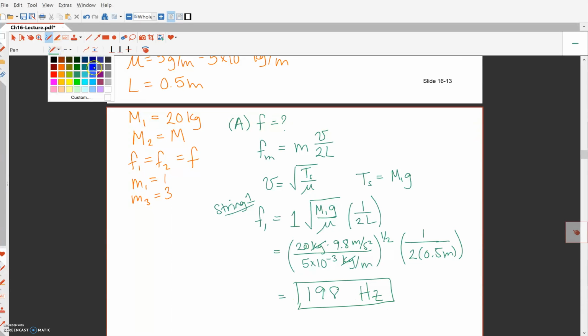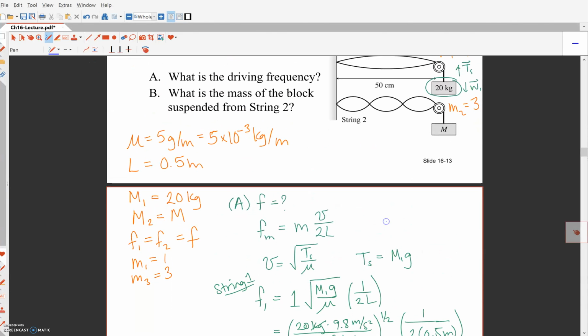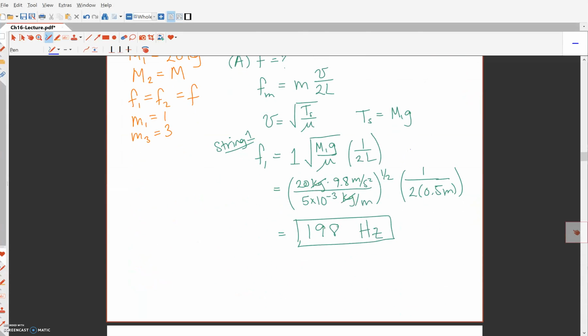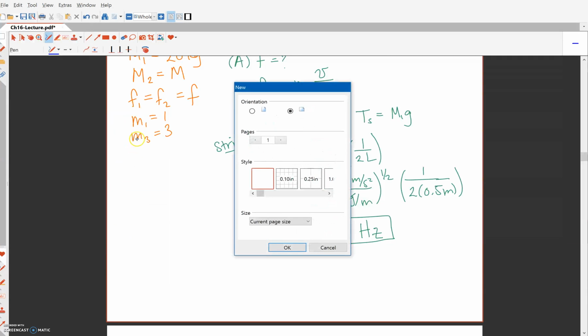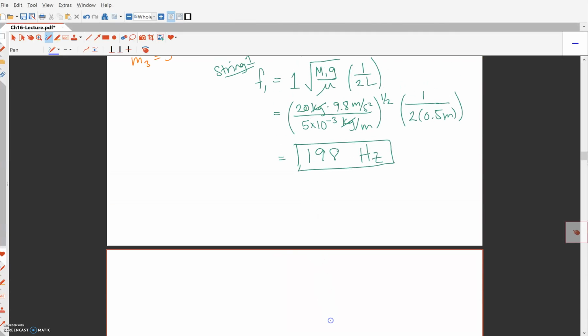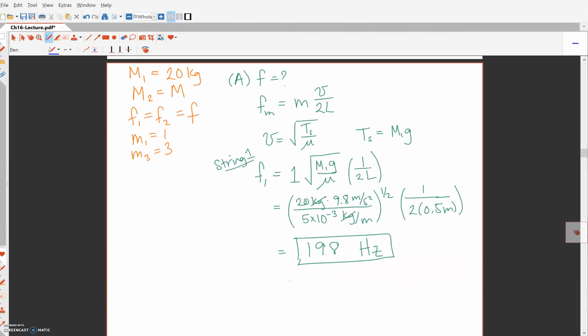Now the second question was asking, what is the mass of the block suspended from string 2? So find m. Well, I can actually do this. Just add another page, append page. I can do this by basically going backward from the same procedure that I just did here. So I'm looking for m, or m2 if you wanted to call it that. So in this case, well, let's see. I'm going to take